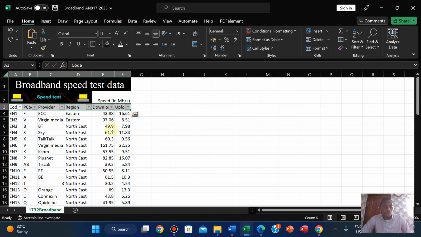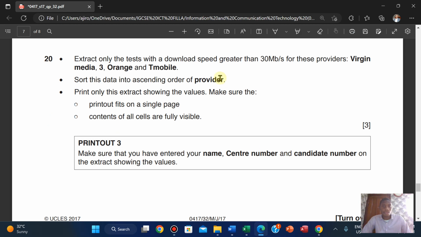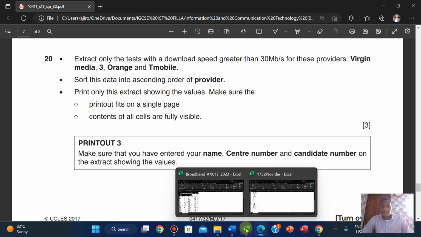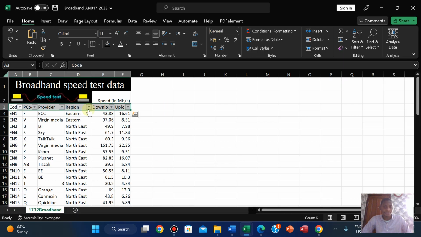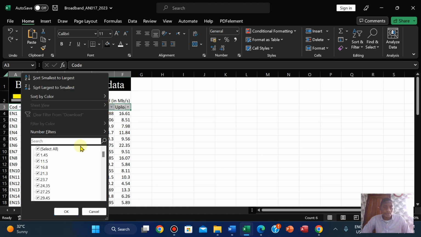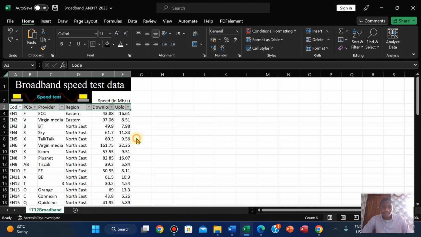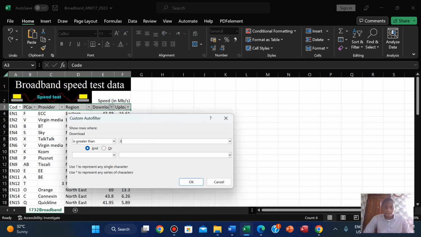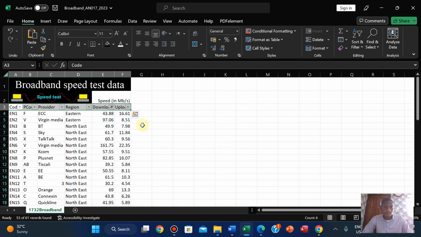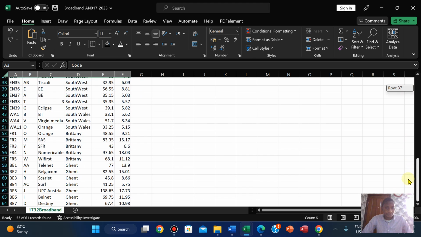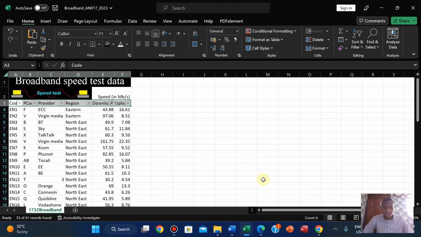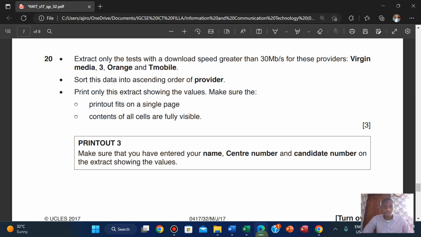I think it's cool. So extract only the text with the download speed greater than 30. So let's do that. Download speed greater than 30. This is the download here. Number greater than what? 30. These are the download speeds greater than 30. For these providers,